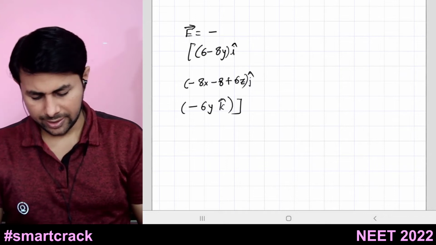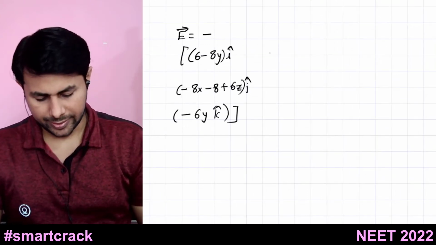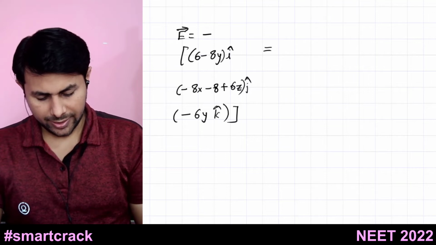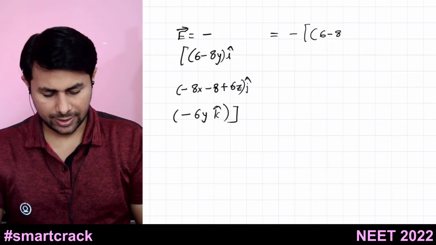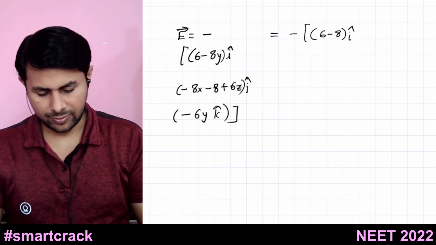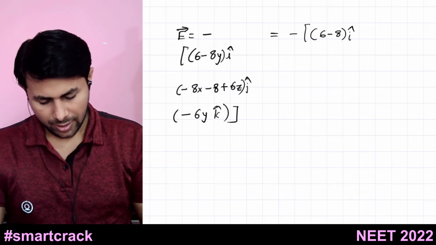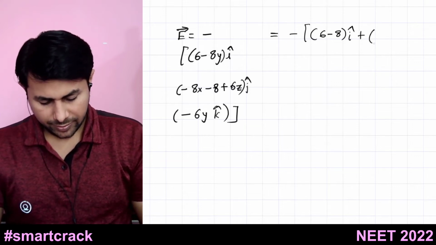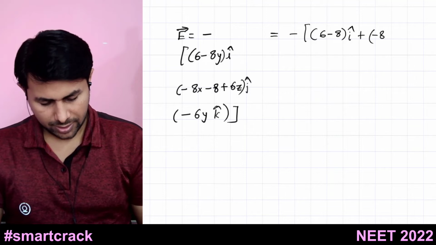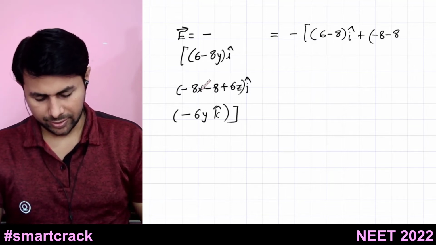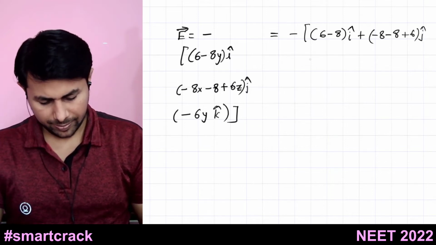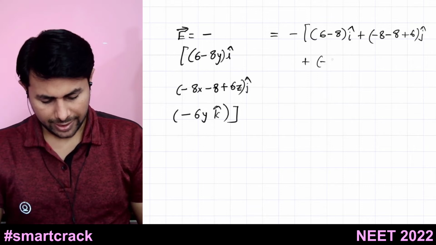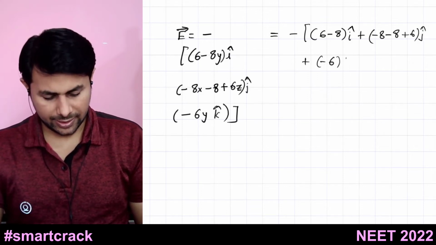All right. And let's substitute x, y, z is equal to 1, 1, 1. So what do we get? We get minus of 6 minus 8 into i cap, because y is 1. Then plus we have minus 8 into 1, minus 8 plus 6 into j cap, plus we have minus 6 into y is 1. Okay, so minus 6 k cap, and that is equal to,